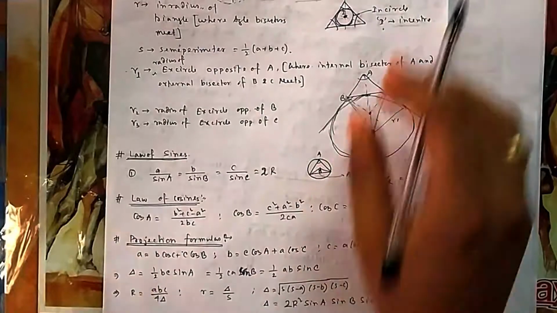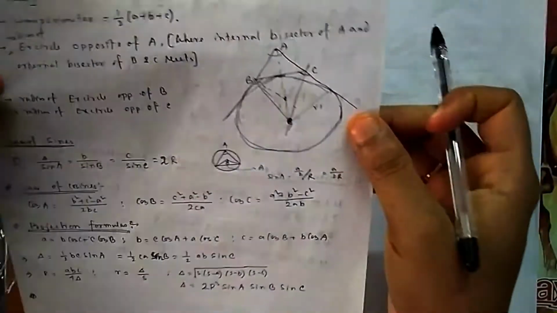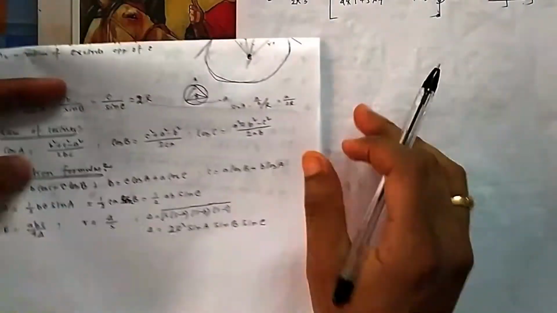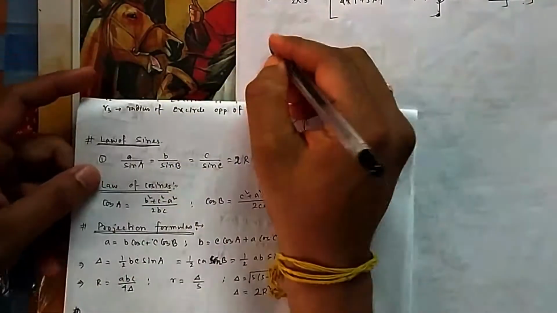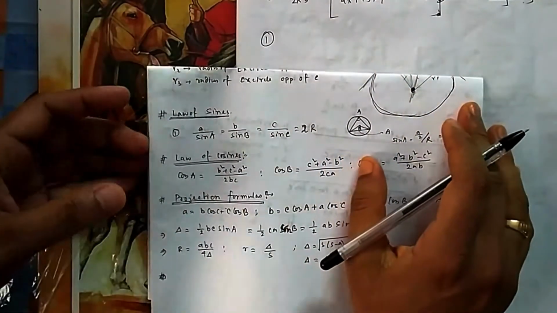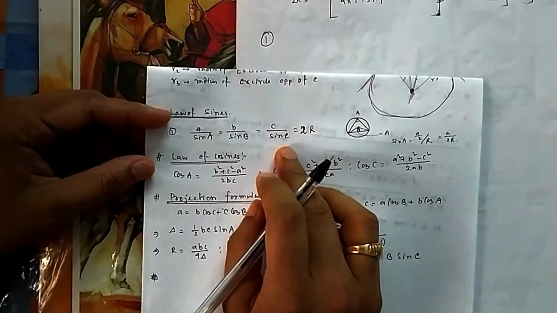Now here I am not going to prove each and every formula, because that will take lots of time and is not so important, but you should know the idea of where the formulas come from, because all these formulas are very easy. So the first formula is known as the law of sines. It is a by sine A, b by sine B, equal to c by sine C, equal to